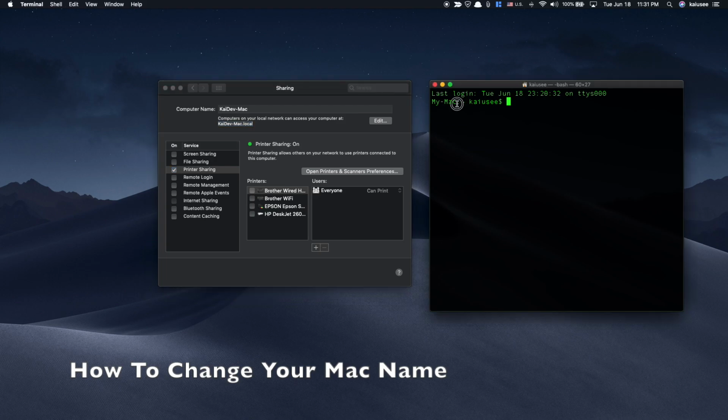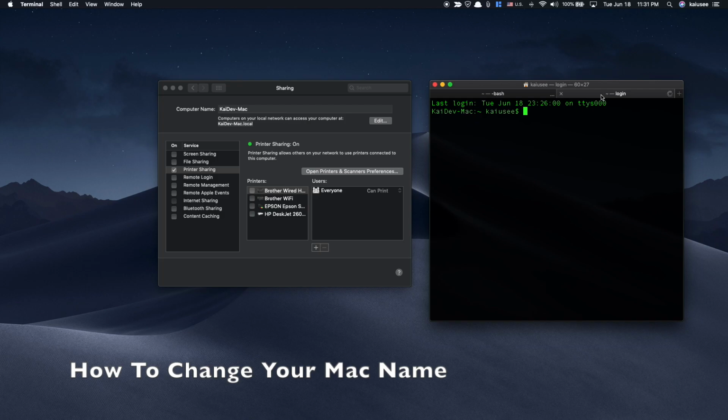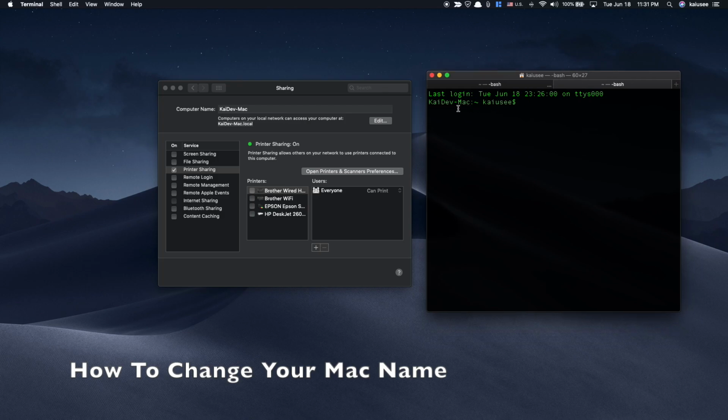it hasn't in my terminal menu. If I simply open a new terminal screen, I can see that my Mac name has been officially changed to KDev Mac. That's all it